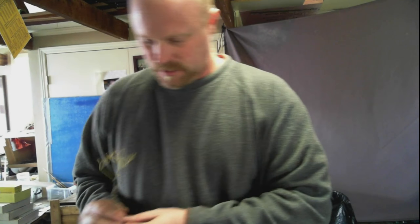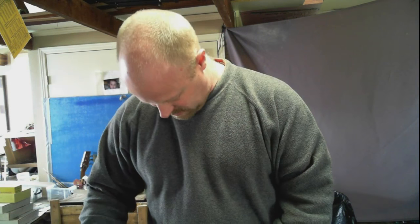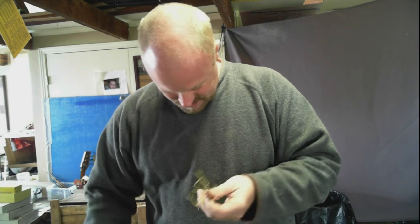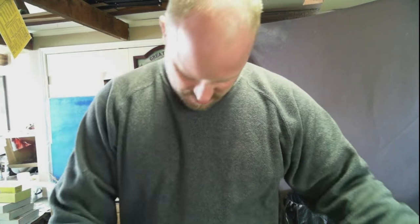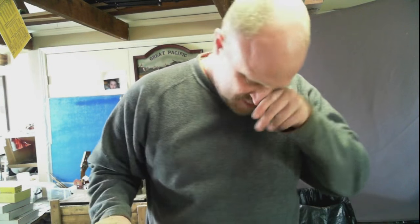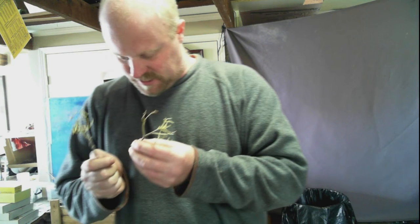So we got our crazy glue here, the gel kind. And what are we gonna use here first? Well, let's see how the size compares to my other trees. That's kind of short. Might not work. Might have to use this one. Yes. Okay. So I'm going to use smaller branches because I might come back and use that one for the...